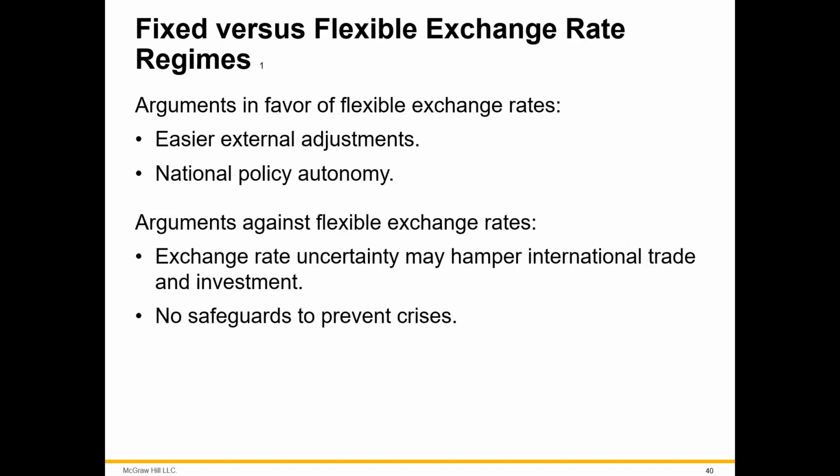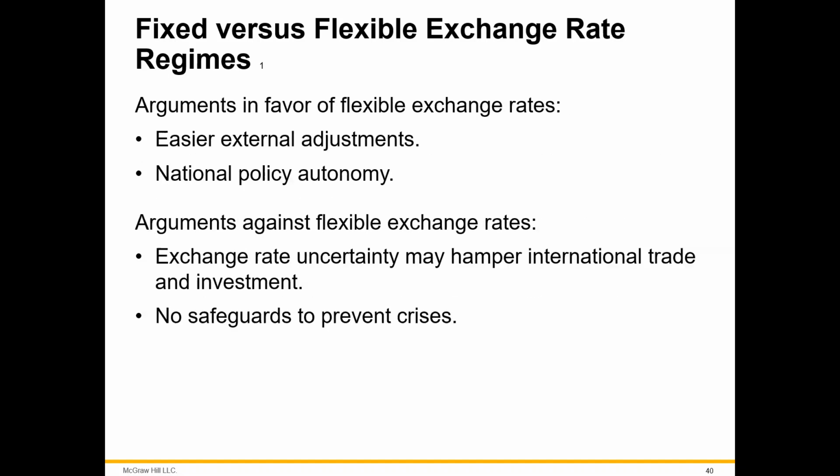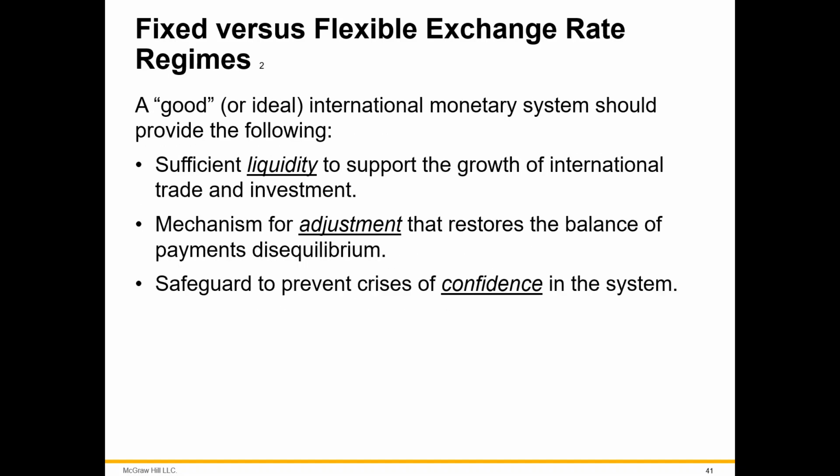So you can say, right, should China pursue a flexible exchange rate regime, or should they preserve this fixed rate regime? That would be a good thing to think about in the context of our discussion so far this chapter. So what are the things to evaluate an international monetary system by, to maybe make that choice, right?